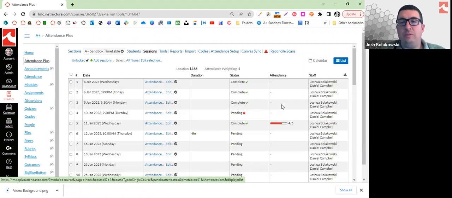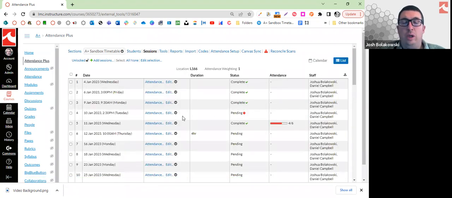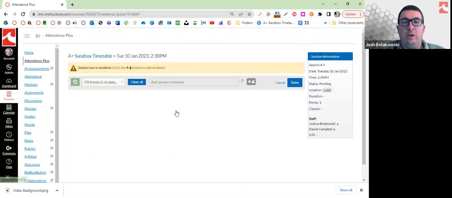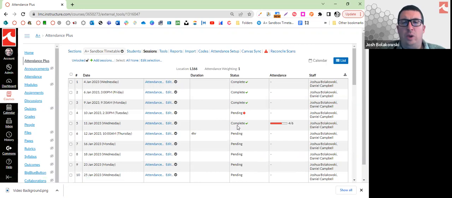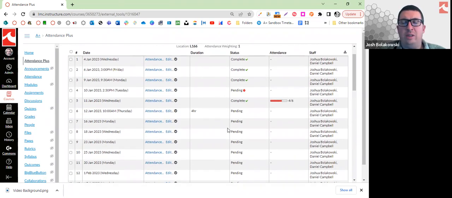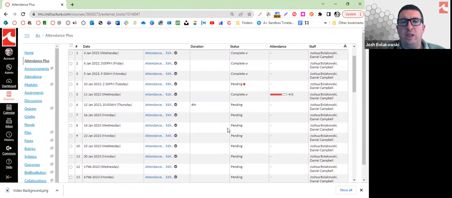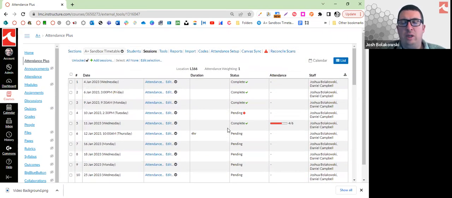I can go to list view, and it will show all the session dates that I have set up. I can choose one, click enter attendance, and then go through and add everybody there as well. So all those are viable options for taking attendance however you wish to proceed. How you get to that screen is entirely up to you, but those are the three ways you can get